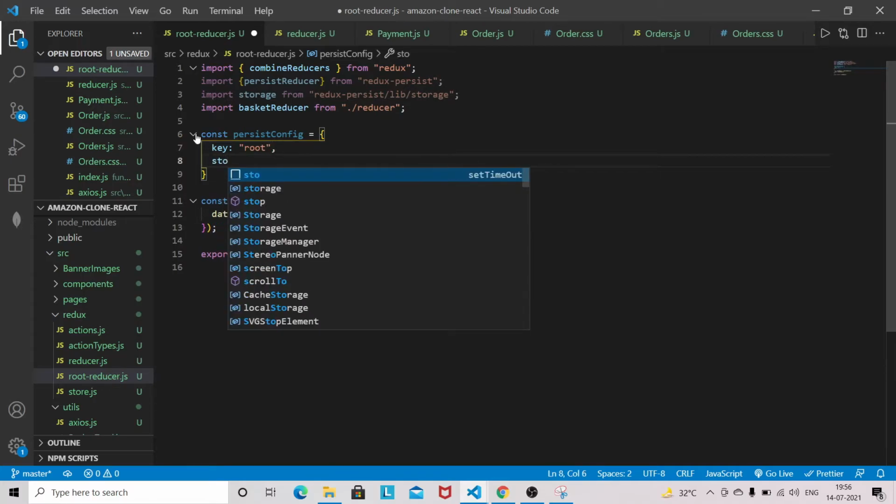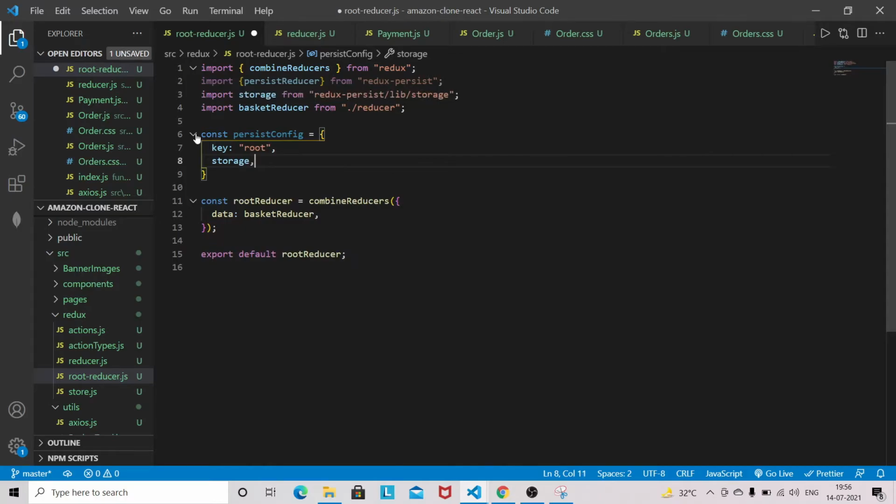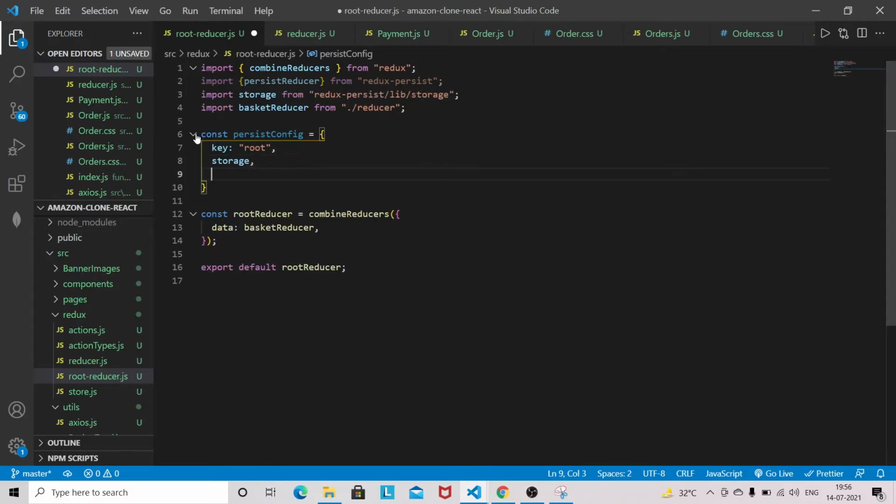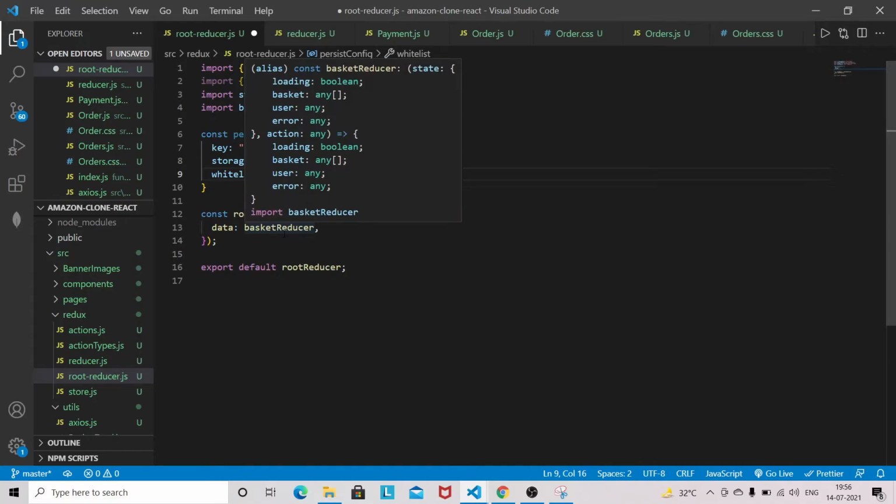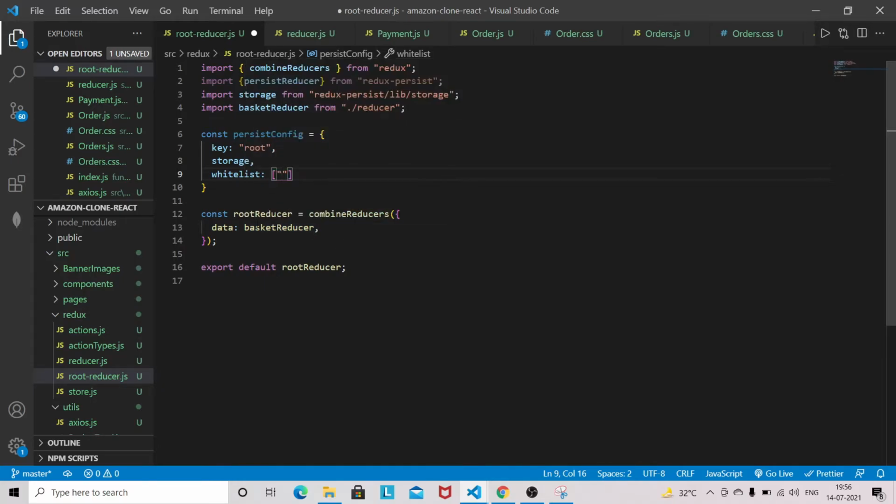We need to pass the storage, and we need to provide one more property in this object, that is whitelist. Whitelist means which reducer I want to persist. We have only one reducer in our project, so I am going to provide that here. This reducer I am going to persist. This is what the overall configuration is saying here, persistConfig.